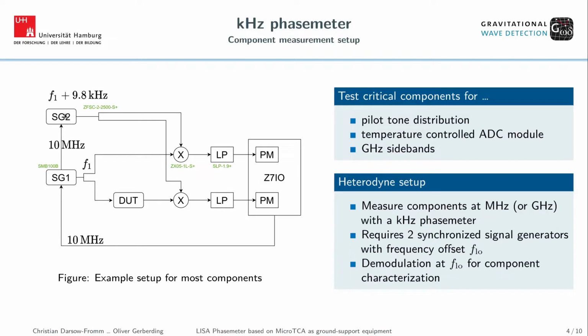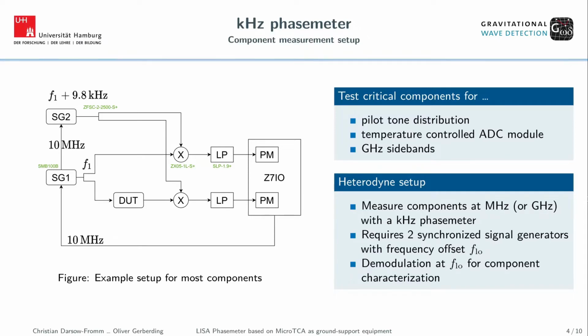And the second signal generator runs with a small offset, so the local oscillator of nearly 10 kilohertz, which is here mixed and low pass filtered. So in those parts we both will have signals of nearly 10 kilohertz, one with the phase noise of the device under test and one with the reference. So that was the setup to measure at megahertz with a slow